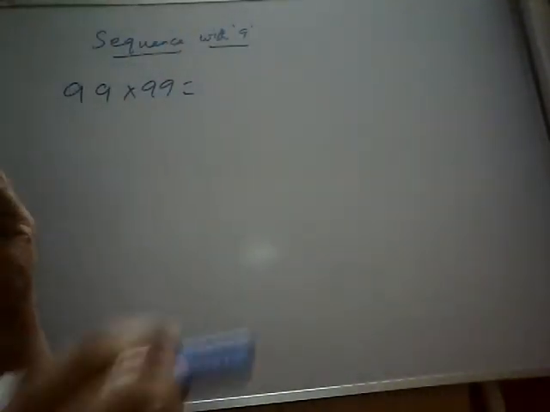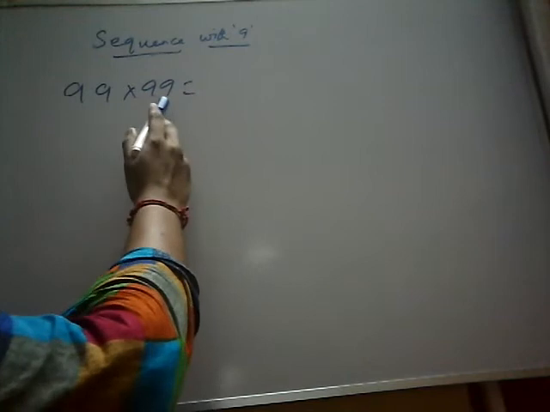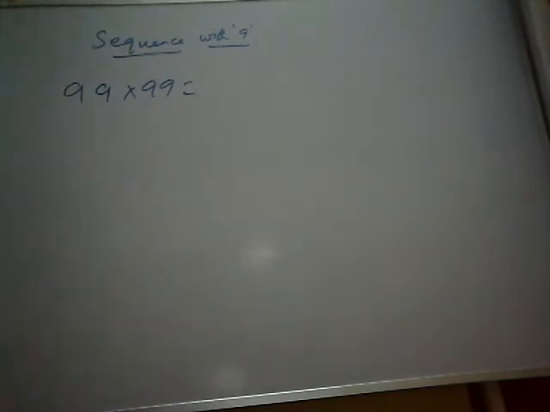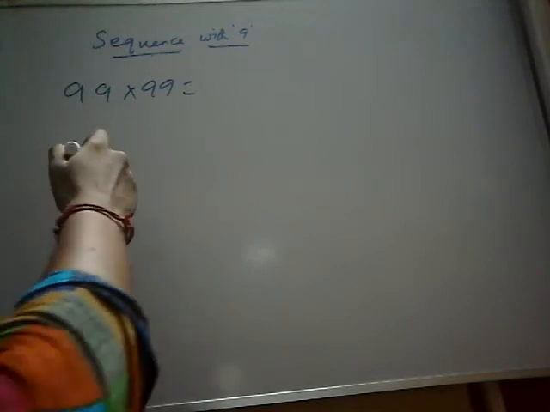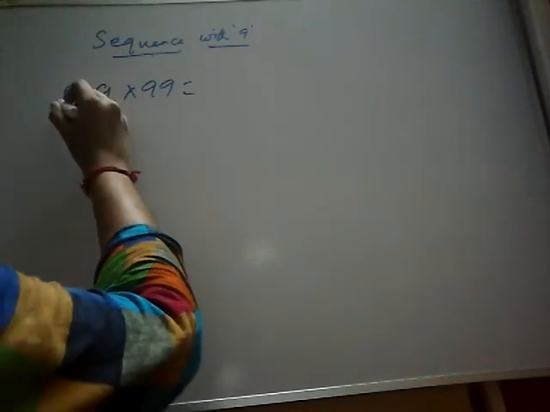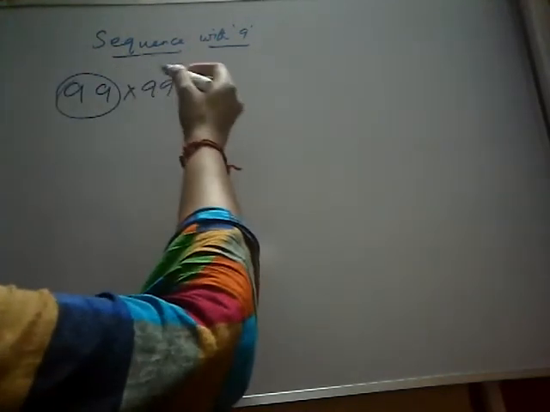Okay, today's session I'm going to talk about sequences with the 9 series. Okay, 9 digits. If you have the 2-digit number 99 with again 99, how do you find the product? Easy shortcut method. You all know squares also, but instead of 99 into 99, I will tell you another easiest method. Just subtract 1 from this 99.